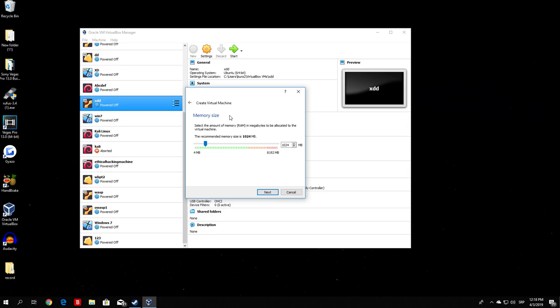Now, the next step is basically the memory size which you will give to your virtual machine. Now, this is basically your RAM memory. So for example, as you can see right here, I have 8 gigabytes of RAM memory on this PC, and I want to choose how much RAM memory I want to give to my virtual machine. Now, what this means is basically,